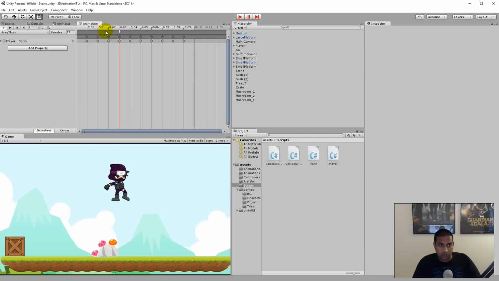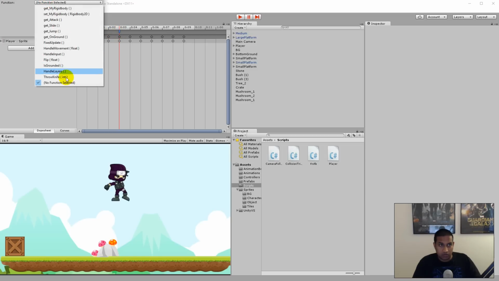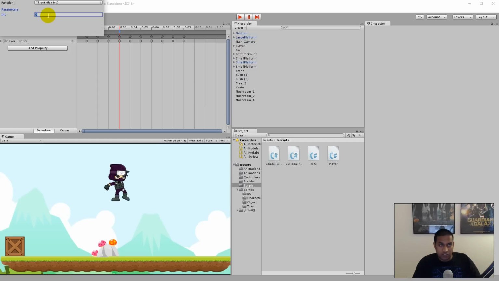Click on the little plus to add an event, and double click on it and select a throw animation. And then instead of 0 here, we give it 1. So now we have given it 1, which means that this one is triggered with the air animation. So if we close this down